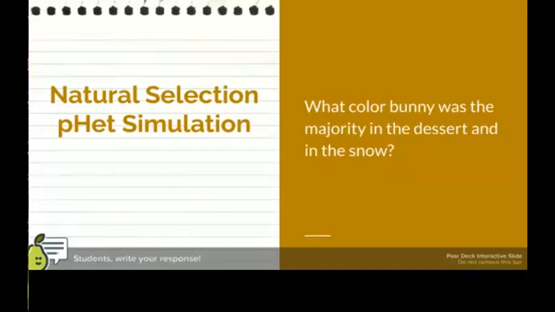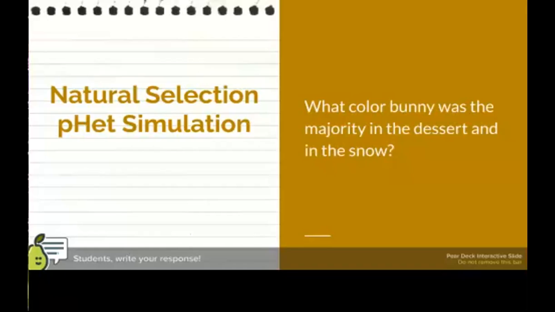Volunteers, and I'm gonna spread the wealth. I'm not gonna call on everybody because we're all gonna say the same thing, but I will call on probably 2 to 4 students and then I will write it up. When you volunteer, give me only one scenario. So which one in the desert, or tell me which one in the snow. All right, let's start with Samuel. In the desert, there are more majority of brown bunnies than white bunnies. Okay, Sahil. In the snow, there's more white bunnies than brown bunnies because of camouflage.